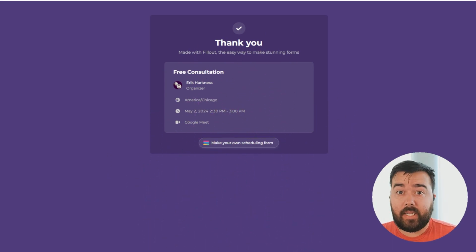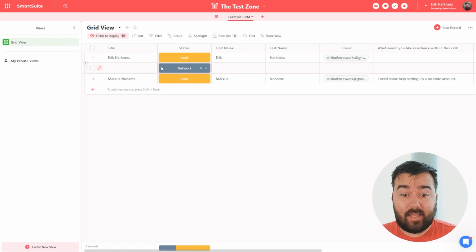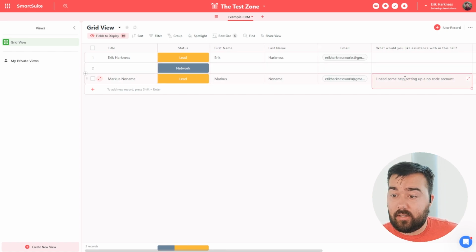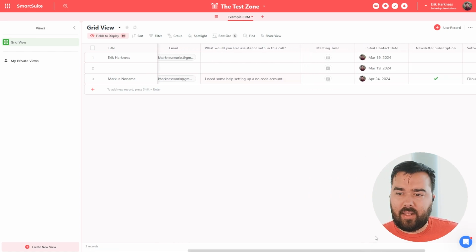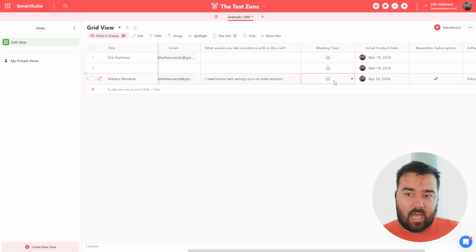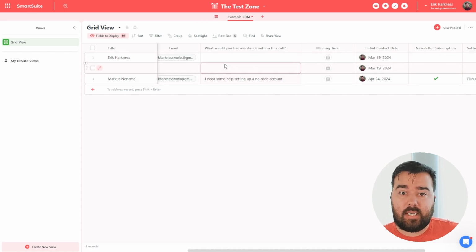So we got the form submitted, and it looks like everything is set up pretty well on the SmartSuite side. It's all set up here with the name, the information I need to look at, and then the one thing that I thought we could get set up, but unfortunately it may be an issue with the beta right now, is that I'm not able to map this meeting time field from the scheduled time that was booked in the